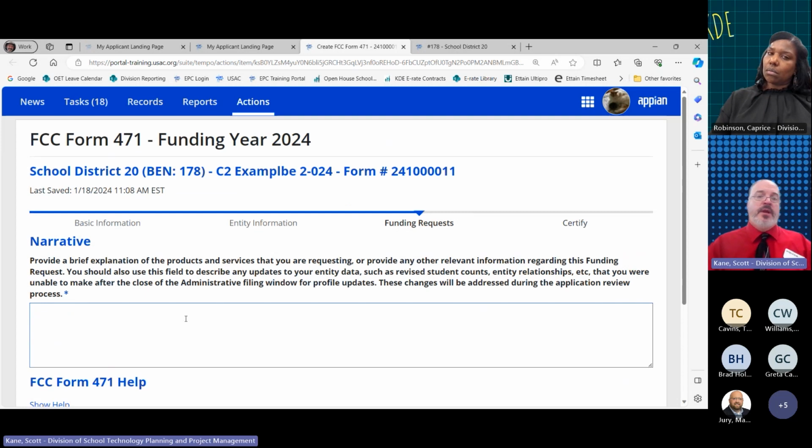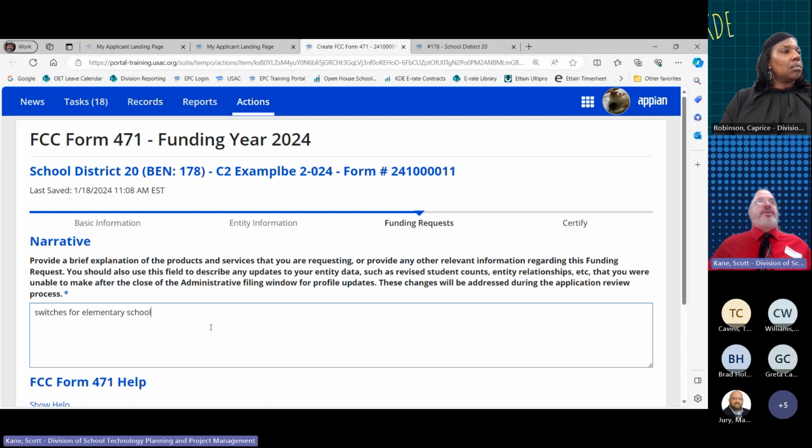And here we're back to the narrative. Now we're going to say switches for elementary school. And I'm just using that as an example. Switches for, and I would probably put a little bit more depth in terms of, these are going into IDFs, it's a switch to connect a certain part of the building, blah, blah. It doesn't have to be really, really detailed, but something that lets them understand that it's a category 2 connection, and perhaps where it's going to go within your network infrastructure.